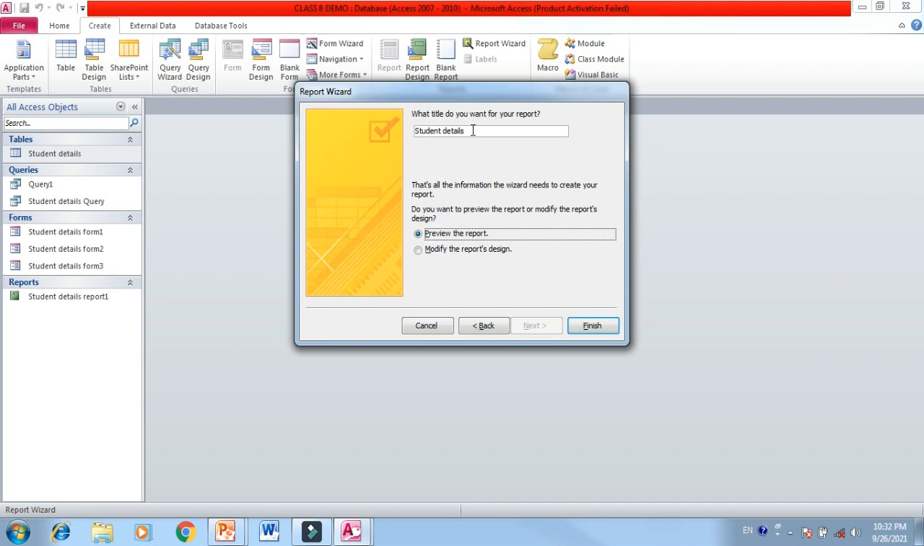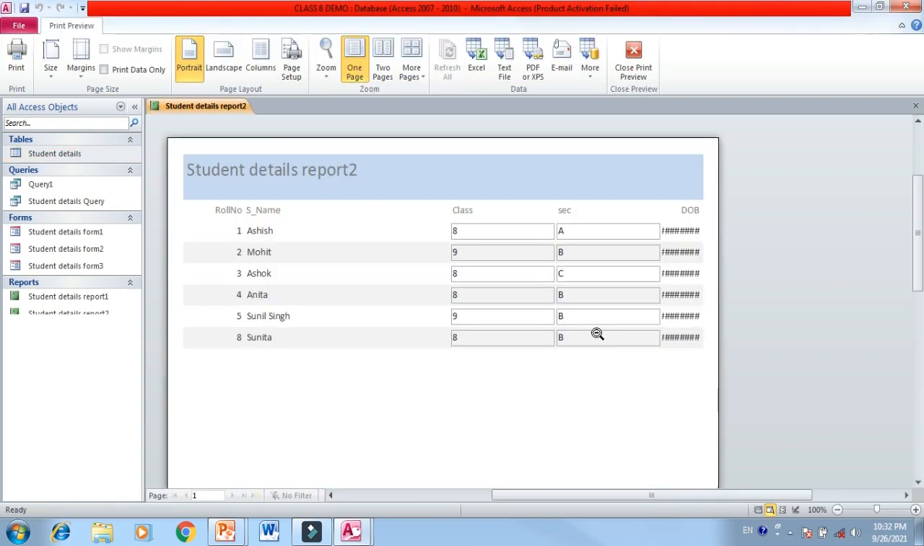Now give your report title. I'm just creating a student detail report 2. And now I want to preview it, so just click on finish. You can see now. Sometimes it happens that your column is not coming properly. So what you have to do now, you can